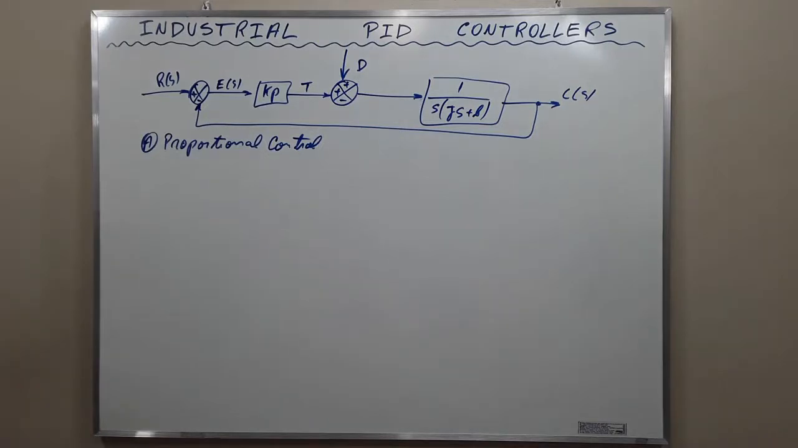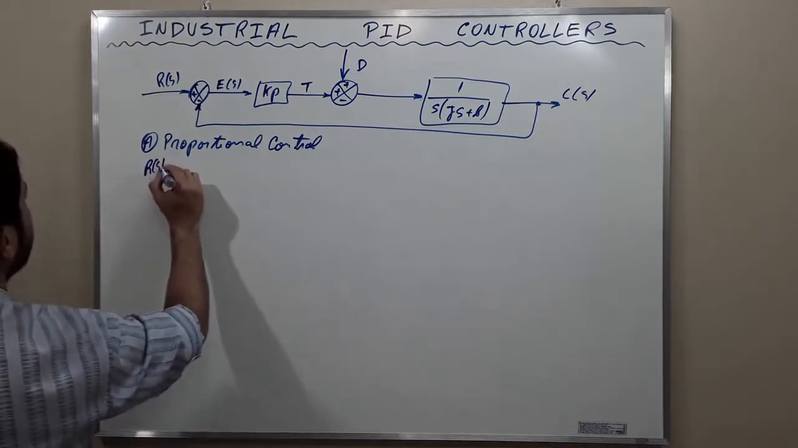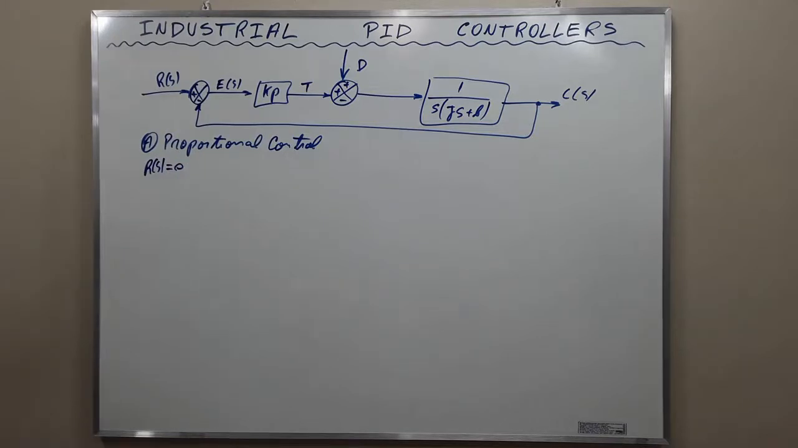The proportional controller delivers a torque T to position the load element, which consists of a moment of inertia and viscous friction. This is the representation of an electric motor. An electric motor consists of a moment of inertia and a viscous friction. Torque disturbance is denoted by D. Assuming that the reference input is 0, at first, we're going to assume that R of S is 0. The transfer function between the output and the disturbance D of S is given by